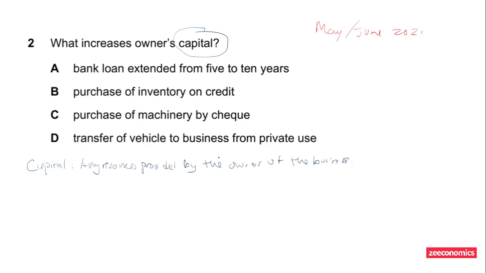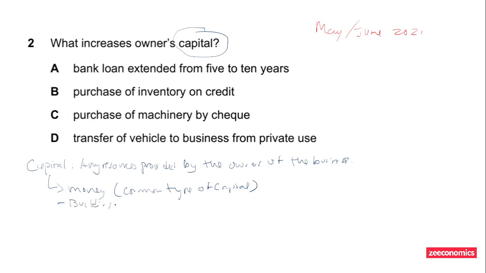Now, the most common type of capital will be money. Okay, that is the most common type of capital. So let's just say, for example, you want to start your own business and you require some money to start it. But anything provided for a business by the owner represents capital, but it's not necessarily in the form of money. It's not always in the form of money, but it can also be in the form of, for example, a building,